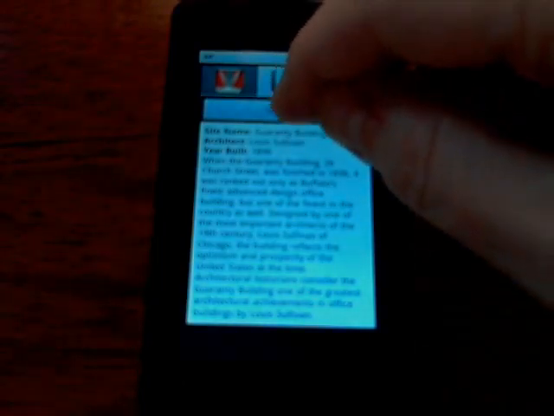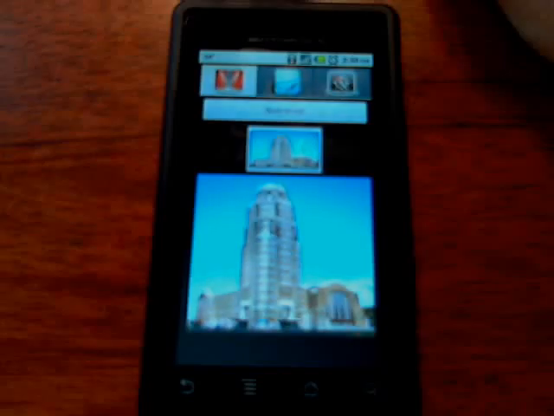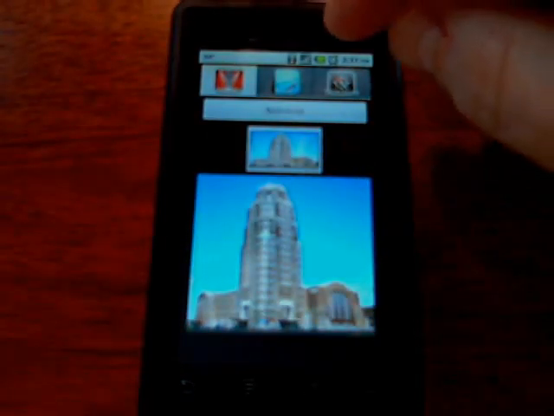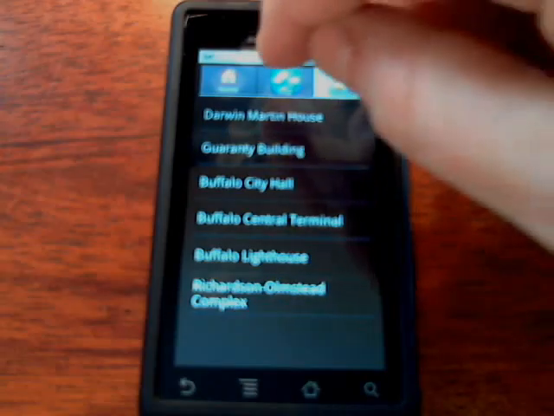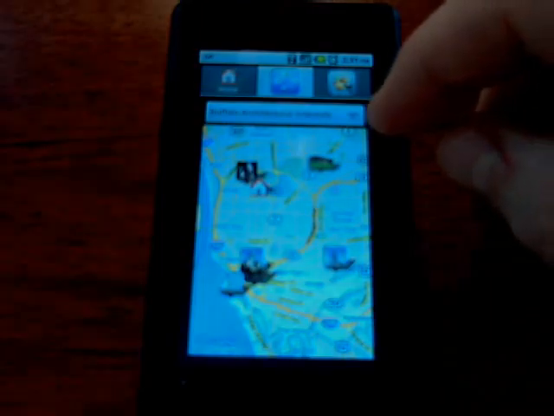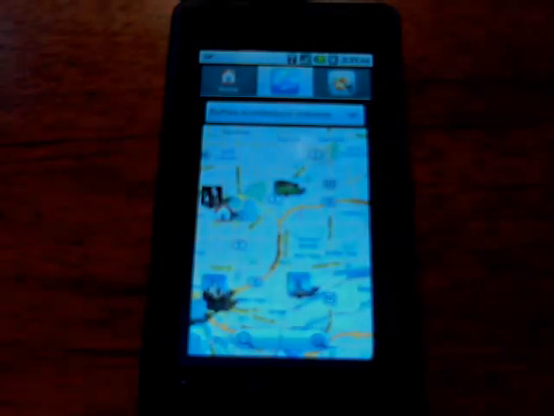the structure. And we have these, of course, for several different structures: the Buffalo Central Terminal, and of course the old railroad here in Buffalo. What I can also do is use the map to retrieve the same information. So what I'll do in this case is click on the Darwin Martin House,